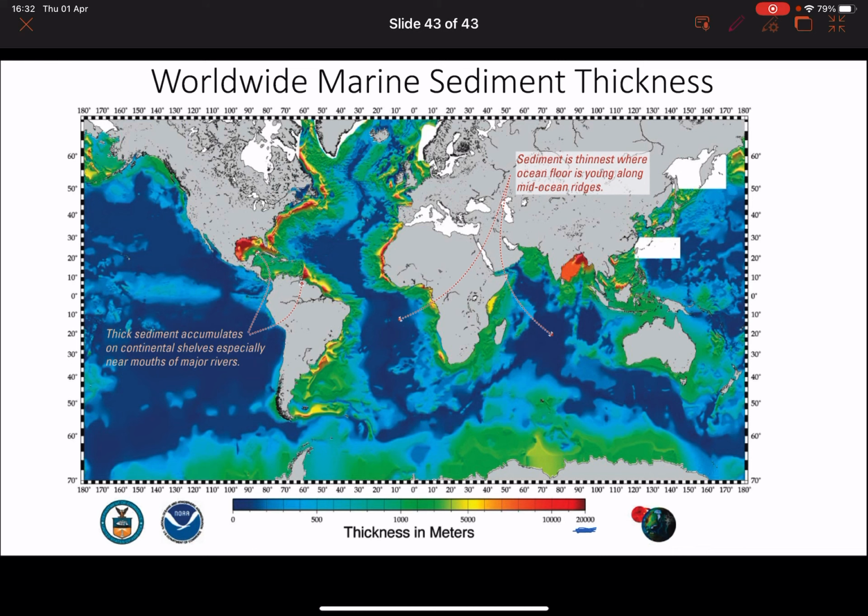But it also has to do with plate tectonics and the movement of plates. So obviously along the mid-ocean ridge, where the plates are really young, they just haven't had time to accumulate stuff. And so the sediment is going to be a lot thinner than in places where the plates are much older. So as you move towards the continents, you've got these older plates and you've got stuff coming off from land. So the sediments are a lot thicker there. So that's just